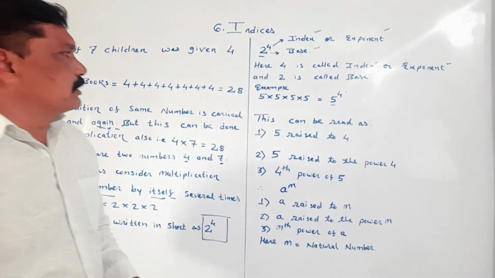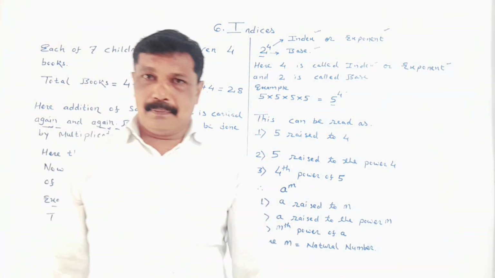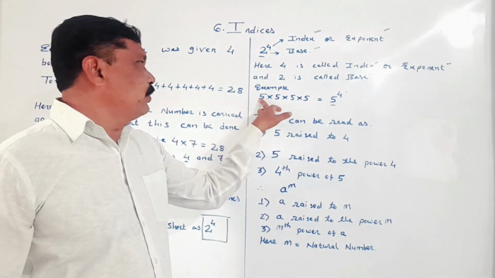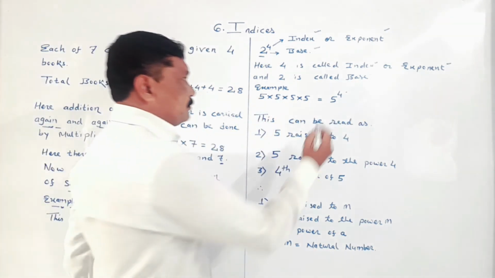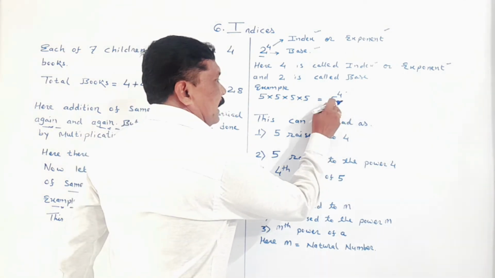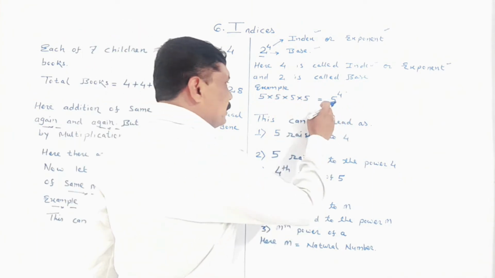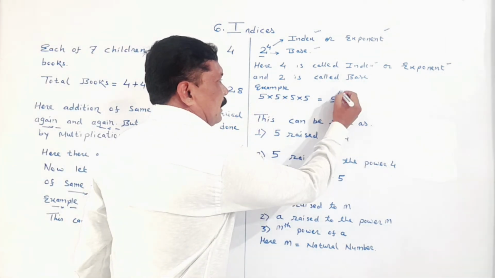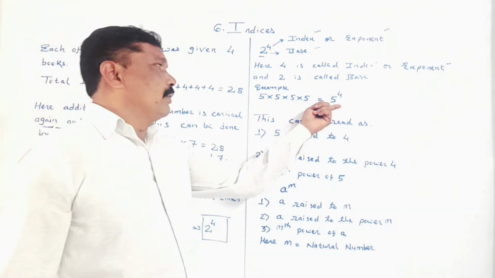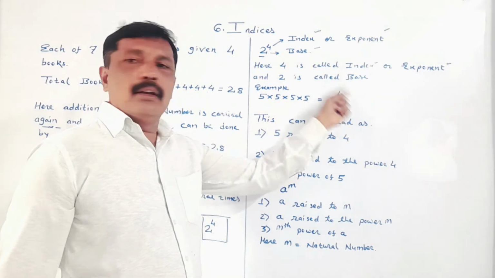One more time, my dear student, here we are multiplying the same number again and again. Here we have taken 5 which we are multiplying again and again. So at the base we write 5. And how many times is it multiplied? 1, 2, 3, 4. So here we can write 4. So base will be 5 and index or exponent will be 4.